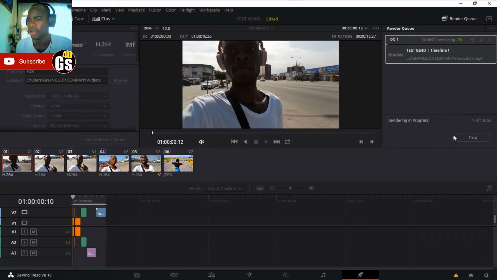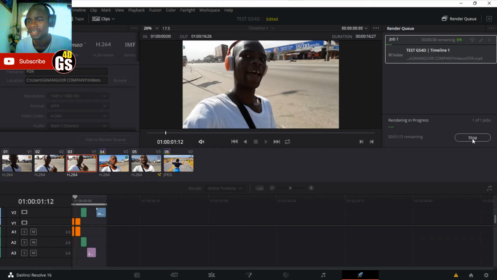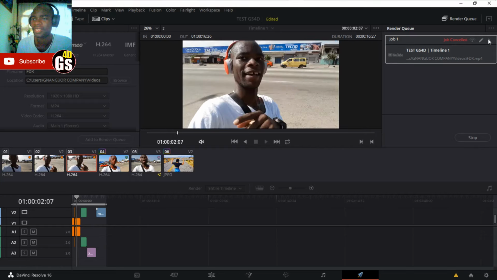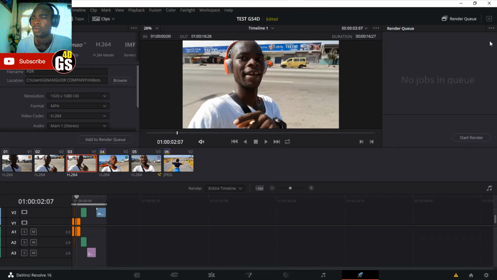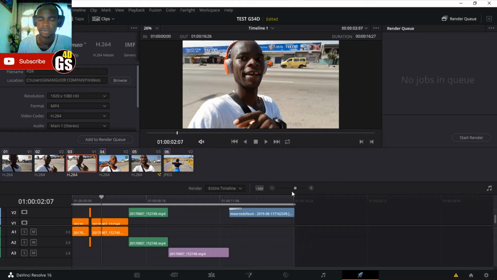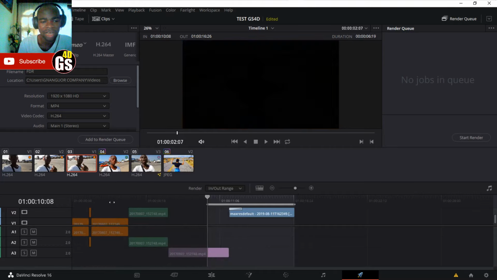Before starting the render, as you can see, start it. Okay, let's stop this quickly because this is a test. Great, you can clean. Before starting the rendering, I recommend you do something important. Firstly, select this. Look at that.